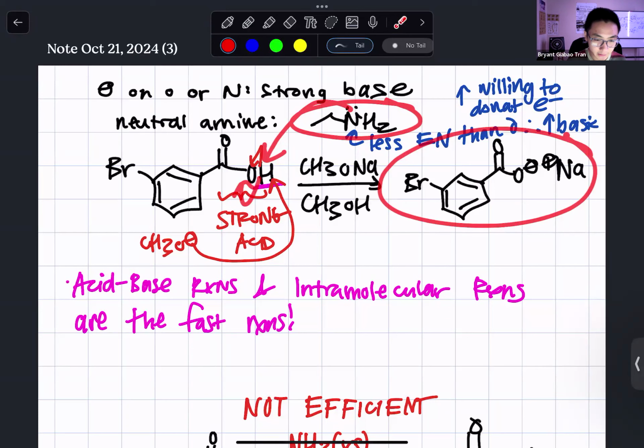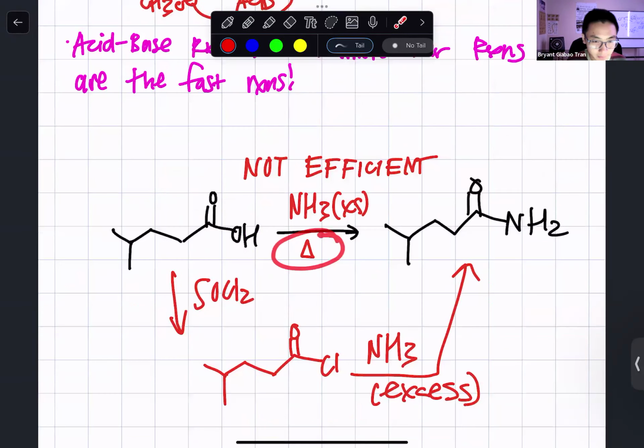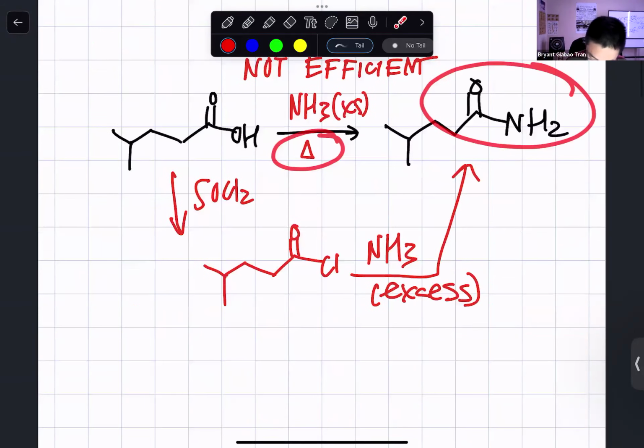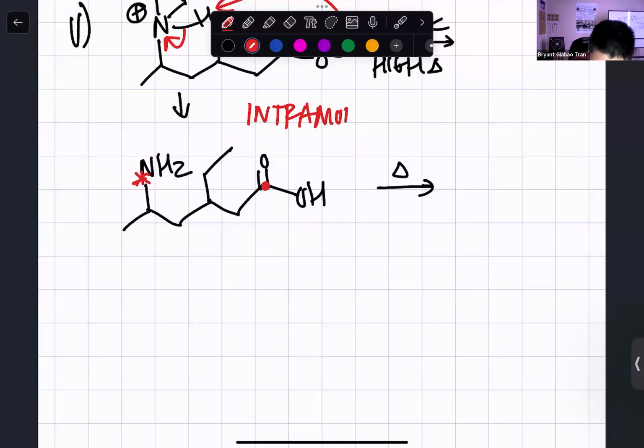But if we were to add heat, then we can create the amide, right? But in this example, because we see the amine and carboxylic acid are in the same molecule, this nucleophile here, the nitrogen atom, and the electrophile here, the carbonyl-carbon, are on the same molecule. This is going to be an intramolecular